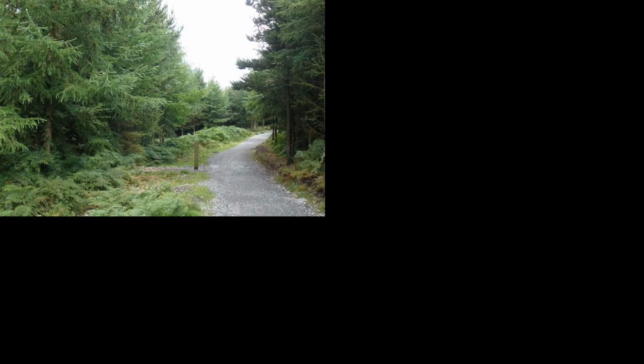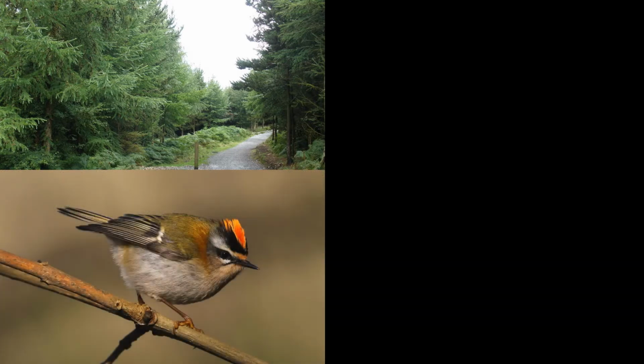Moving up on to Haldon Hills, which of course are largely clothed in these rather monotonous plantations of conifers. It was a great surprise during my spring lockdown walks to find quite reasonable numbers of this gem of a bird, the firecrest. It came as a big surprise. We knew that they were expanding their range in southern England. It's a rare bird nationally with special protection, and